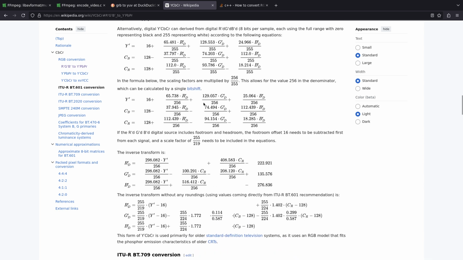Here we go. And so the red, green, and blue components are all... Are these meant to be in a scale from 0 to 1?